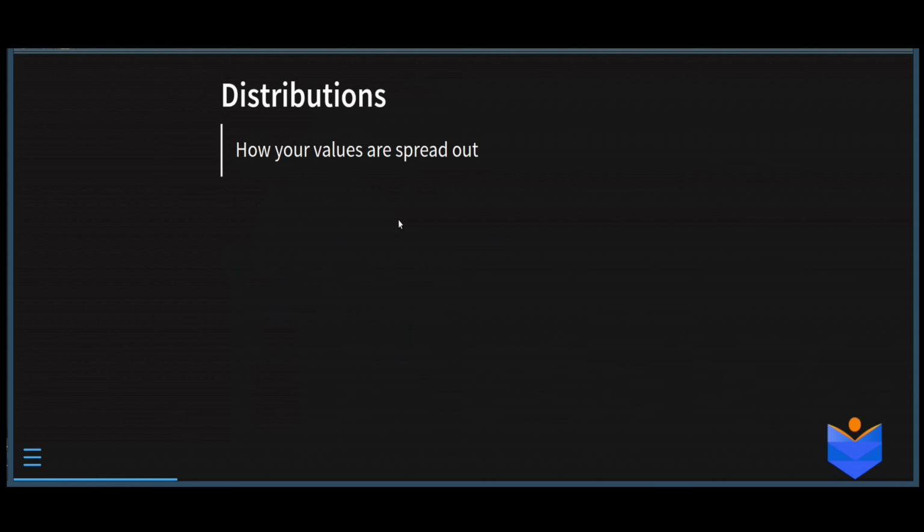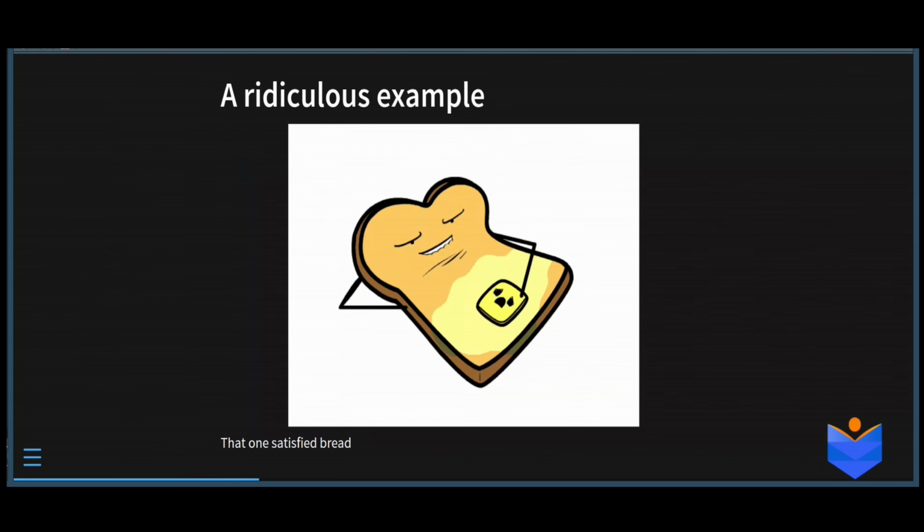But before we can simulate any number, we need an understanding of distributions. And what are distributions? Distributions are how our values are spread. For example, a ridiculous example actually. Take a look at this bread. I know some of us are used to spreading our butter on the surface of the bread that we just want to bite. Others are used to spreading the butter all through the surface of the bread and take the